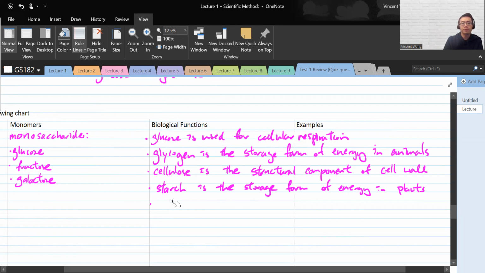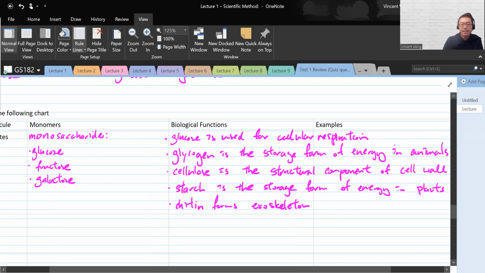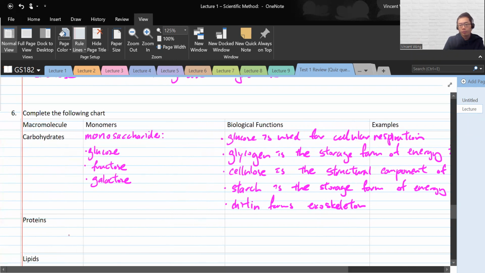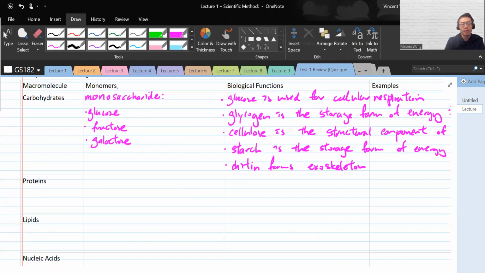Anyone? Chitin. Yeah, that's right. What does that do? Structural support. That's right. Forms hard parts of small animals. Excellent, right? Exoskeleton. Like the shell of a crab, the crunchy part of an insect, all that stuff. Okay, that is that. I will of course post this note after, so if you didn't have a chance to copy everything, that's okay